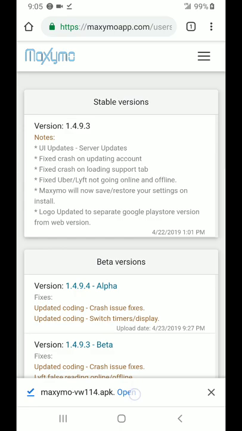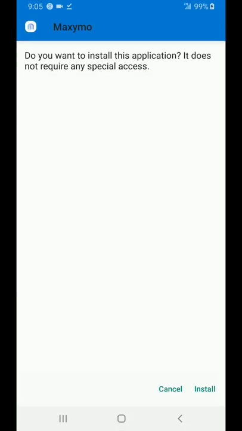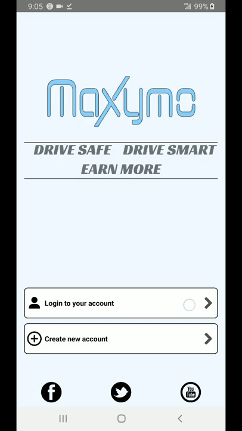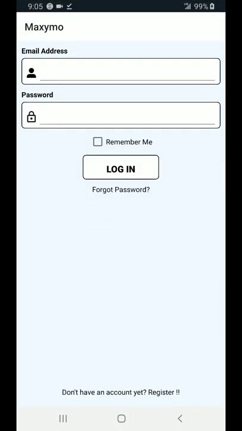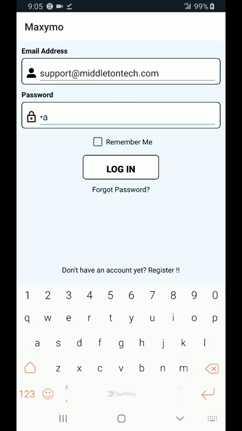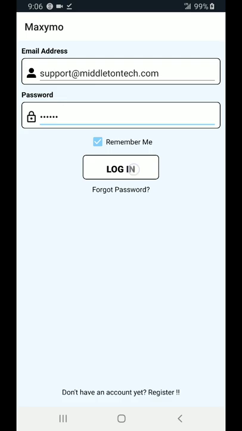Alright, now that that's done, we're going to hit open and install. And now that it's installed, I can go and log into my account. Now we have changed the way the login works. So, why didn't I put my password in there? Once you are logged into the system,